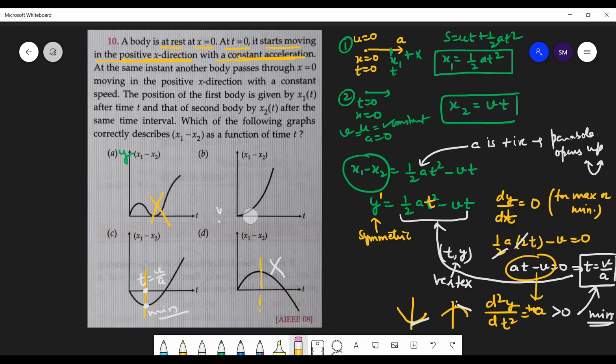Look at this graph again. So what it is telling you, if you are considering this as minima, yes, so minima will be at this point, t equals to 0. So if minima at t equals to 0, then it means v equals to 0, which is not in the question. So from this calculation, this is clear. Now let us move further.